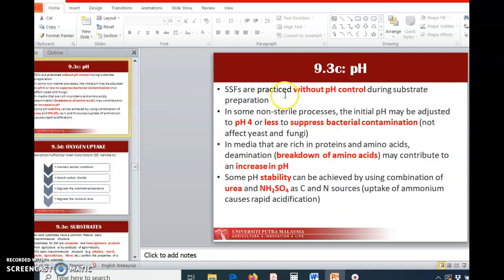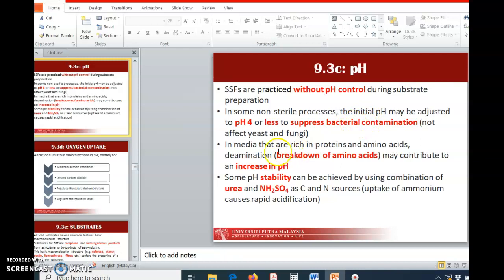Usually solid state fermentation is practiced without pH control, except during the substrate preparation. After fermentation is ongoing, we can start controlling the pH. In some non-sterile processes, the initial pH may be adjusted to pH 4 or less to prevent bacterial contamination, because usually bacteria cannot survive below